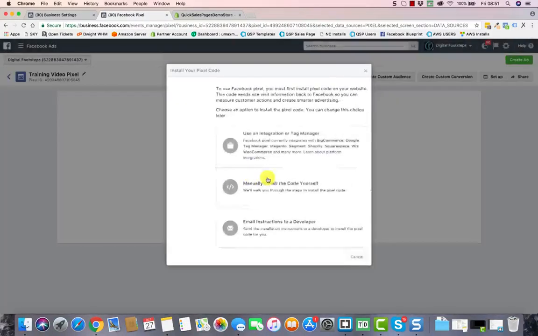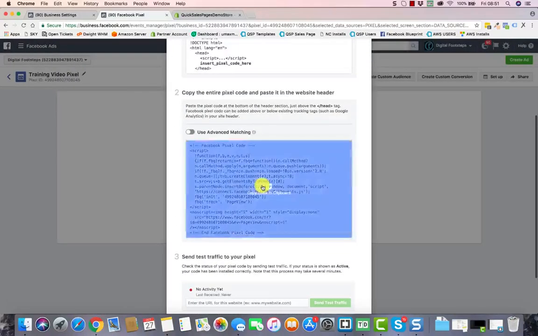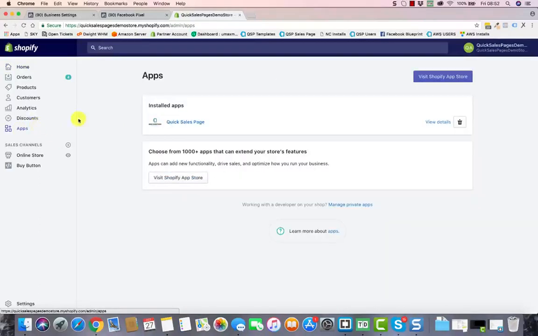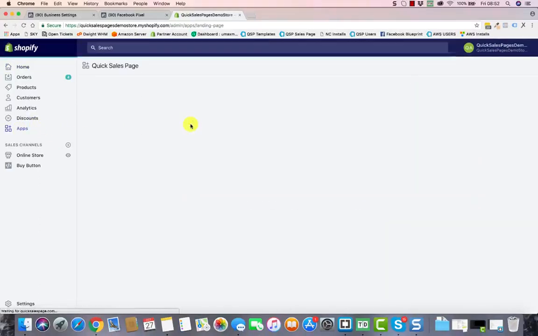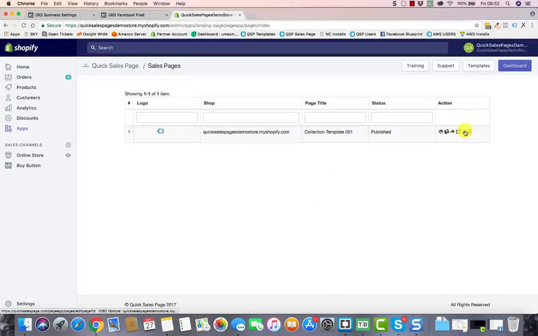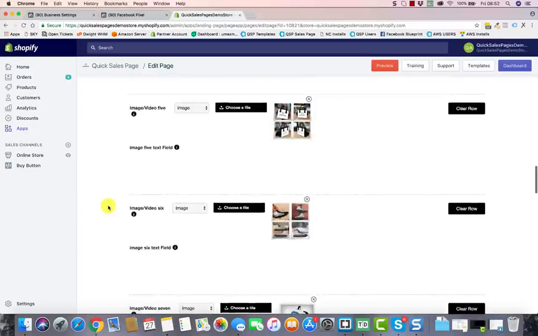So I'm going to click set up Pixel, manually store the code yourself. So I'm going to grab this, which is the base code, and then I'm going to come back to this Shopify store. So first of all, we're going to do the quick sales page one. So there's two places you can do this, or two ways you can do this. You can either put it in a quick sales page by going into the editor, and